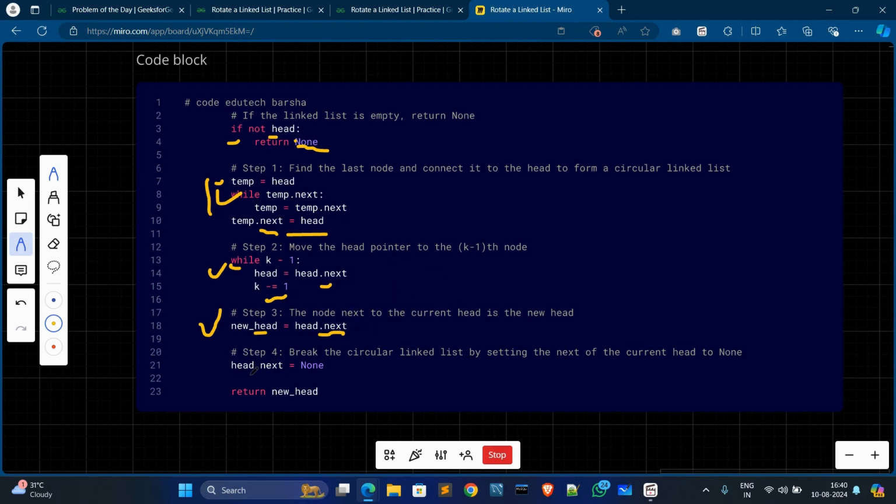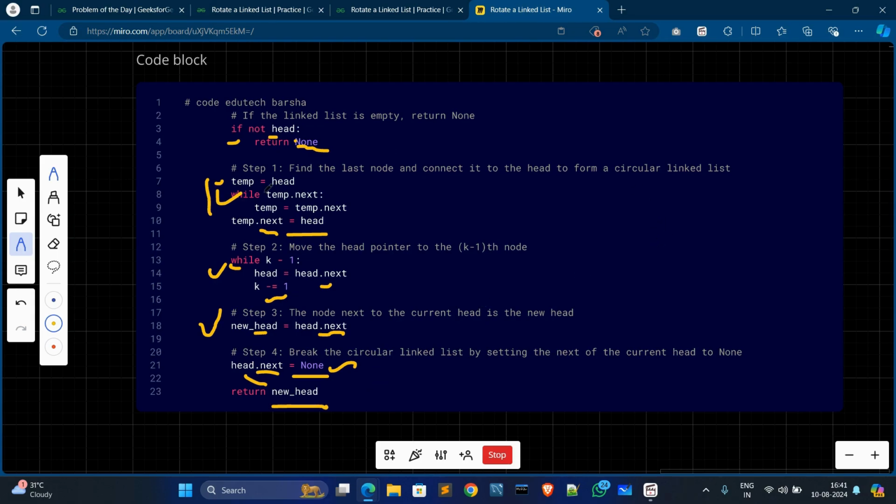Then we break the circular linked list by setting the next of the current head to None. So we set head.next to None. Then in the last line we return the new head, the updated head.